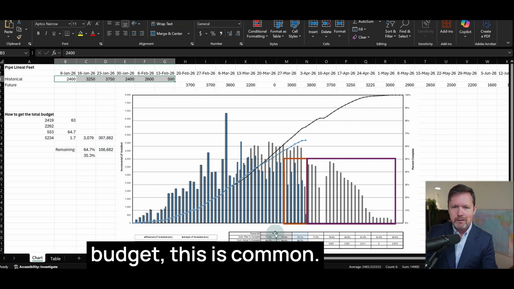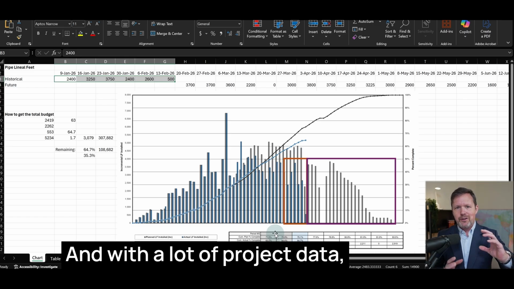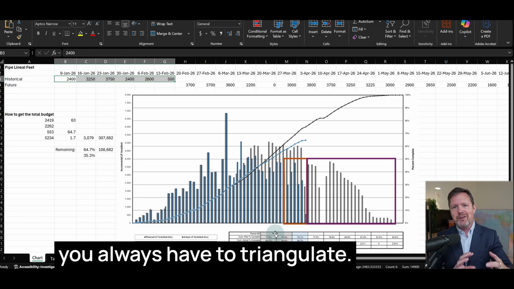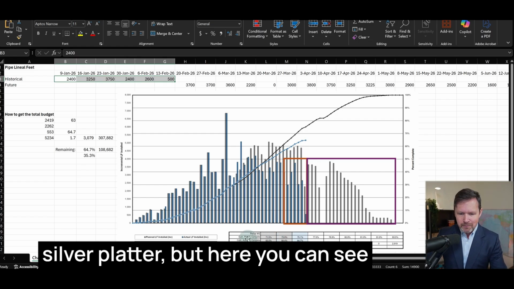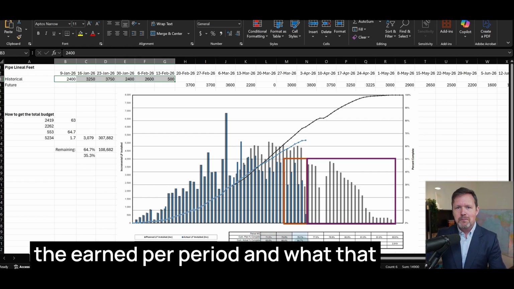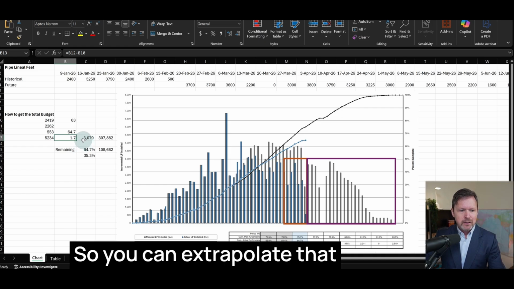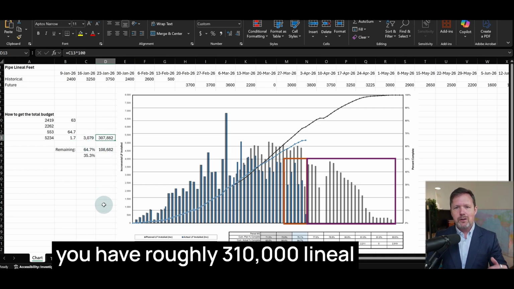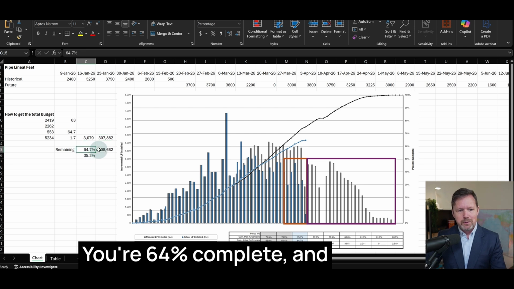You don't see a budget. This is common. And with a lot of project data, you always have to triangulate. It's hardly ever given to you on a silver platter. But here you can see the earned per period and what that earned gave you in percentages. So you can extrapolate that you have roughly 310,000 lineal feet of pipe on this project. You're 64% complete, and so you can say